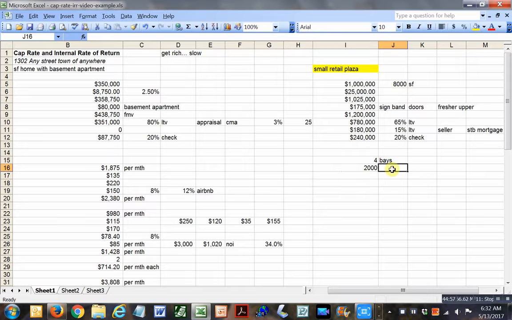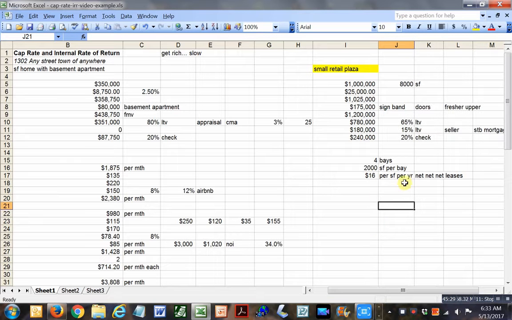and it has 4 bays. So it means that we end up with 8,000 divided by 4, 2,000 square feet per bay. All right, and in commercial, typically what you do is you charge what are called net leases or rents. All right, so let's say we got on this place here